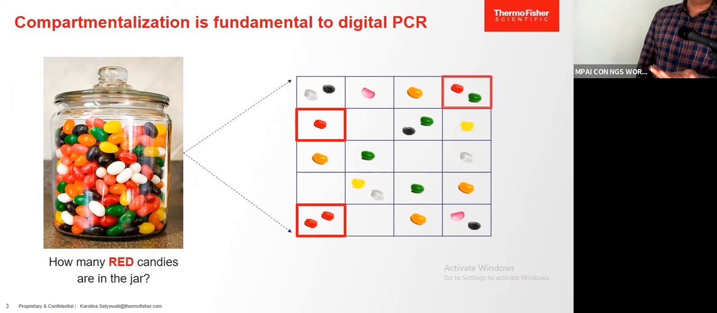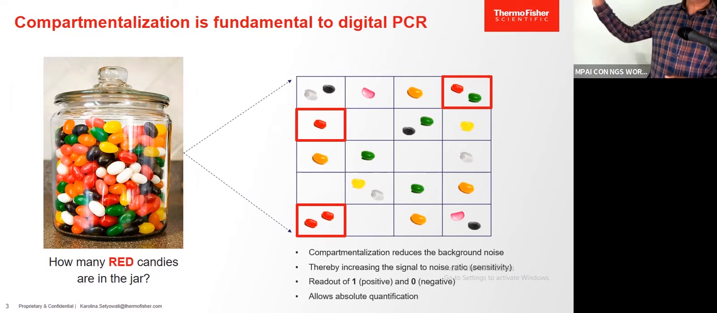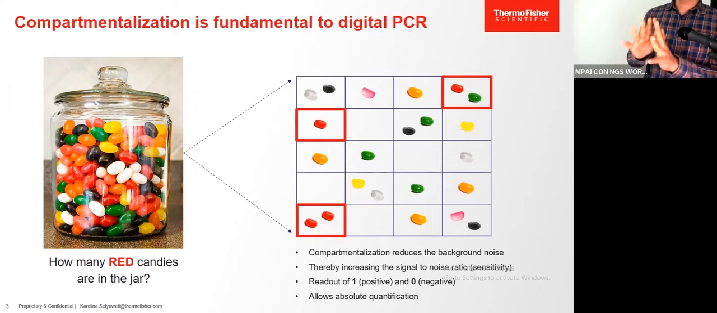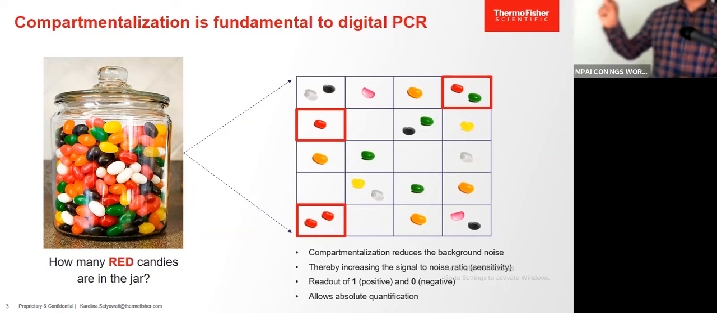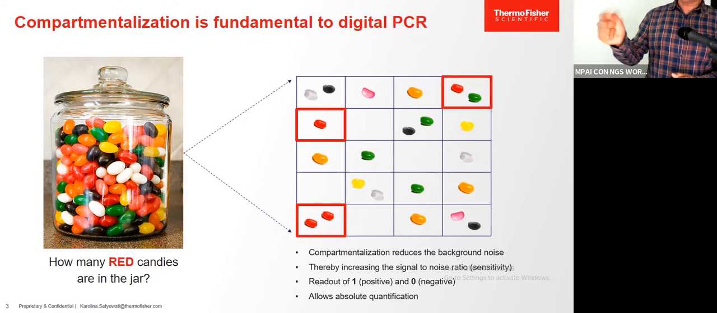Some of the compartments might have one, or some of them might have two. Some might have a combination of candies. So what we do with the compartmentalization is we are reducing the noise and amplifying the signal. That's the most important thing. And compartmentalization is crucial when it comes to different digital PCR platforms. On the basis of the techniques utilized for the compartmentalization, you have different offerings,